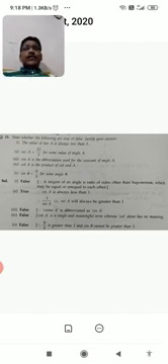Then see the third one also: cos A is the abbreviation used for cosecant of an angle A. Clear? False. It is not. Cosine is the abbreviation of cos A, I mean the short form is cos A. So it is clearly false only. Then the fourth and fifth also you can observe, the answer is given to you.